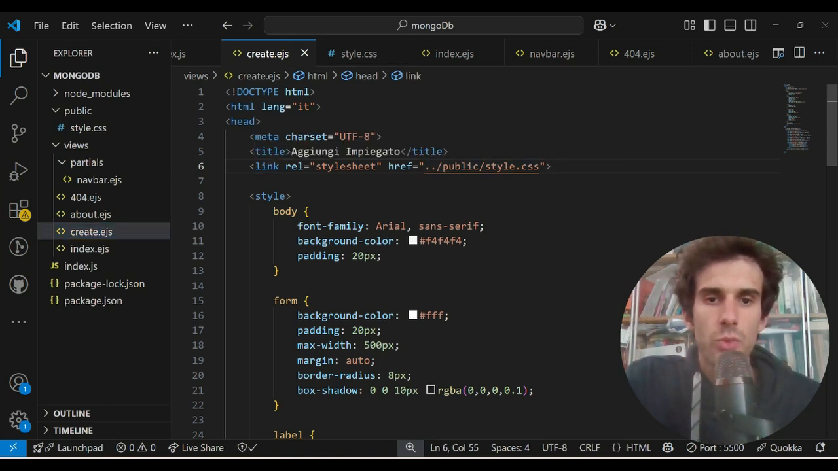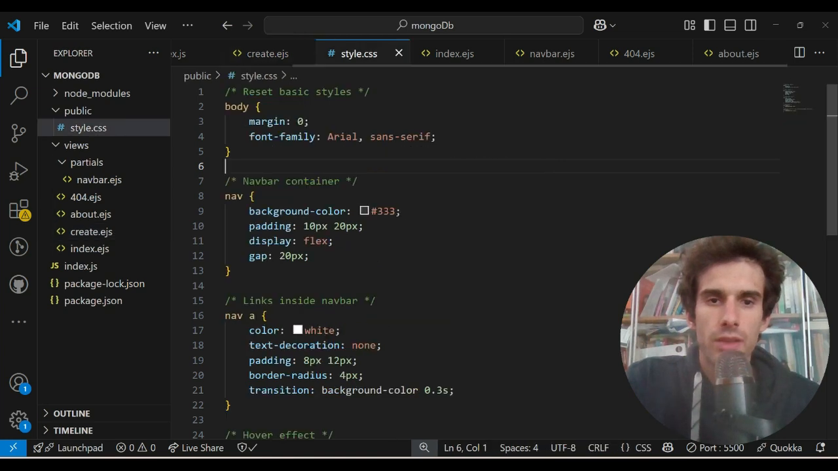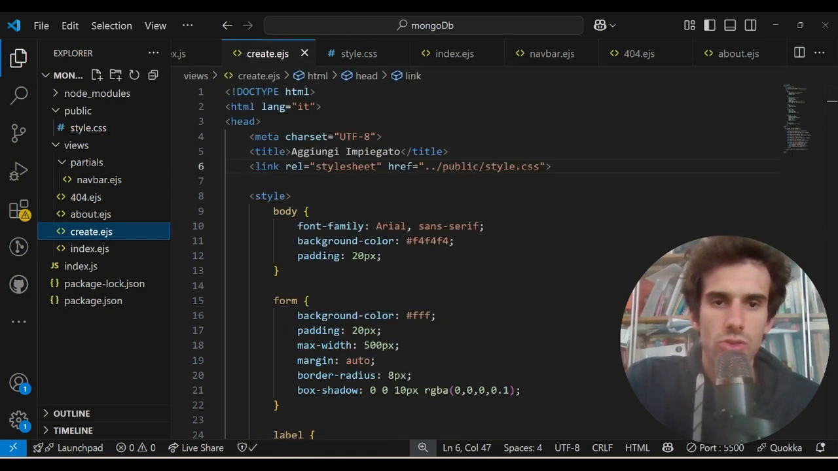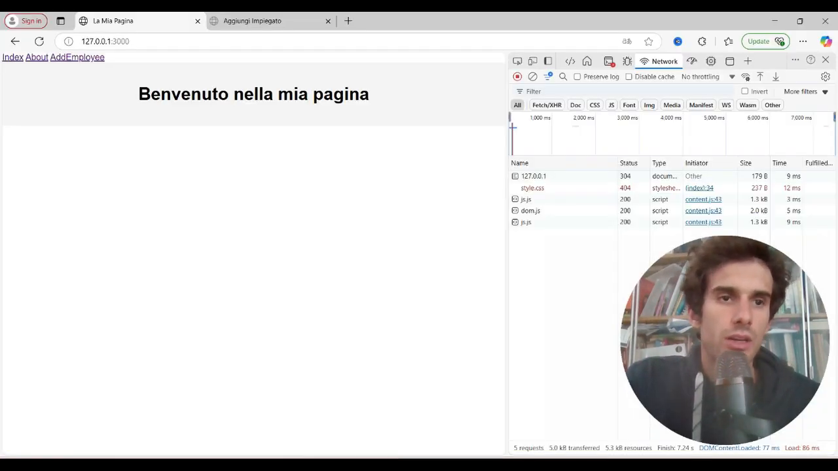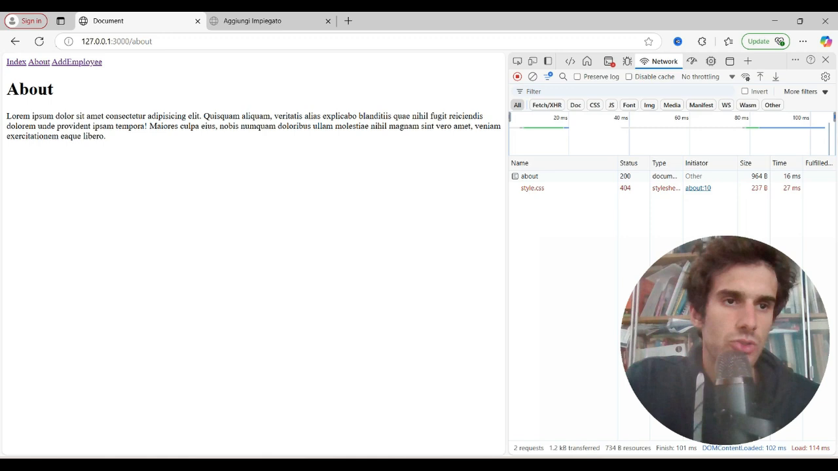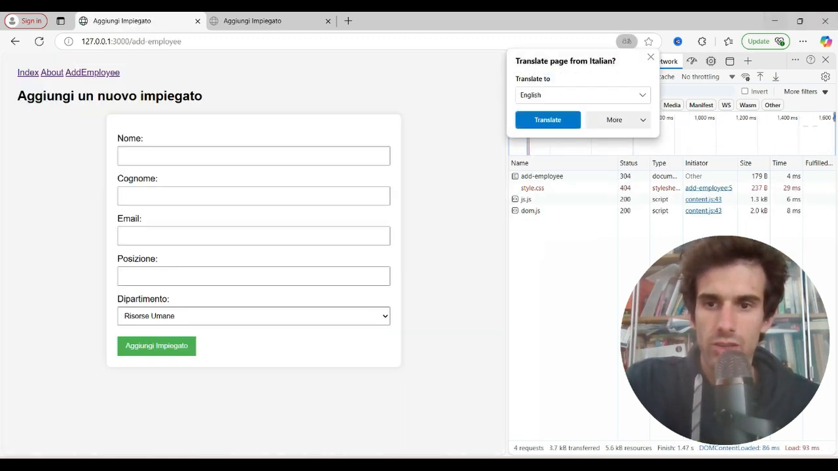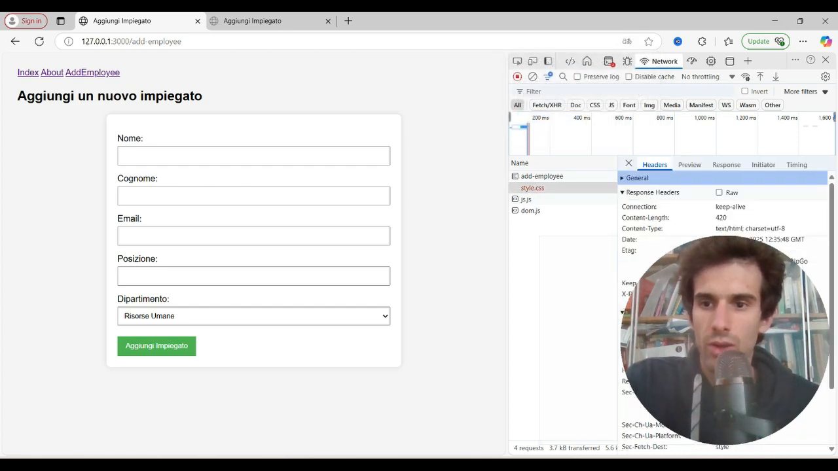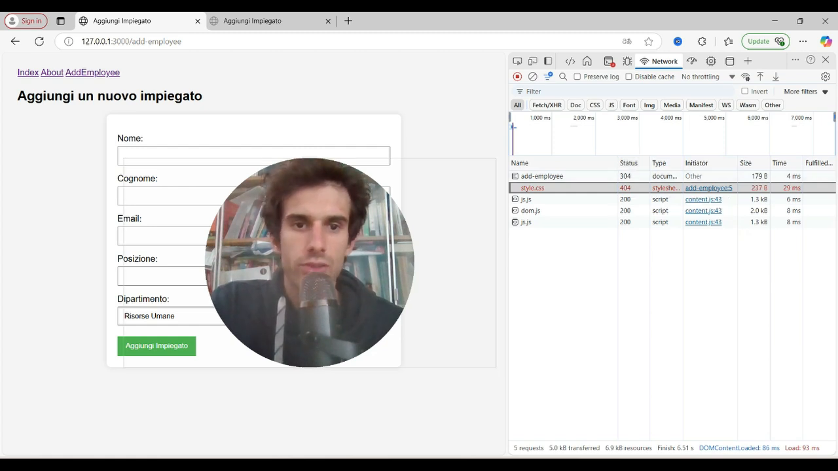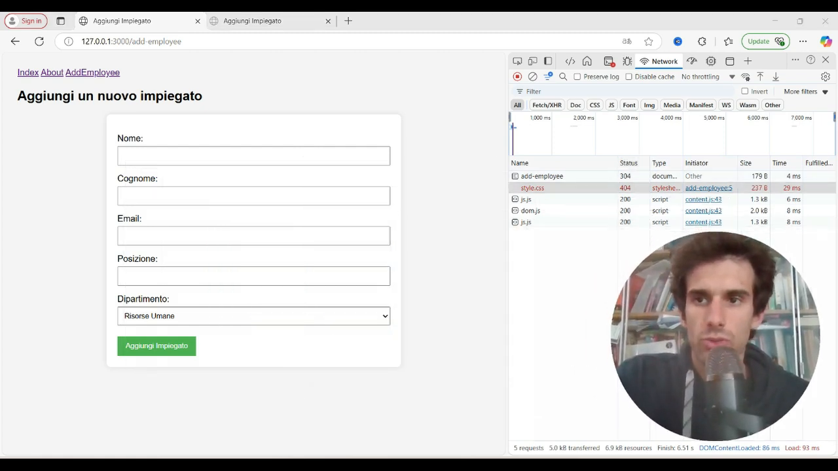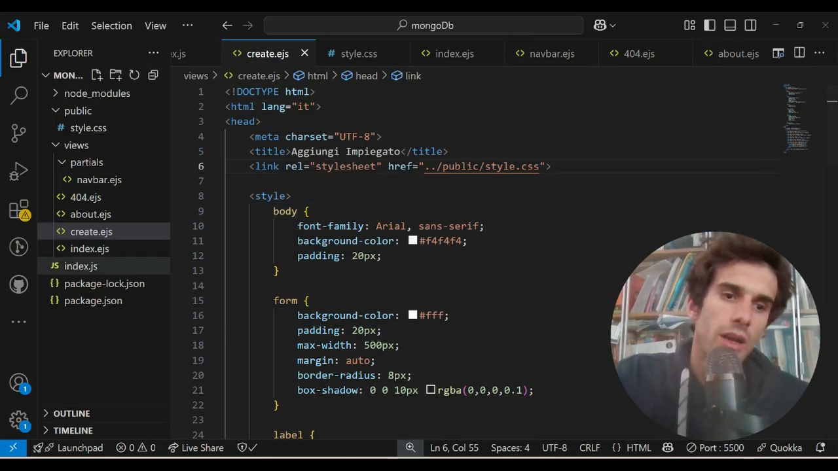Right here, if you see, I'm trying to import my style.css from public, and it's even referenced well, so the link should work theoretically, but actually it doesn't. I can go to my pages, and as you see, now I don't remember which page is that one, but definitely it is not working. In the network tab, you can see 404, style.css not found, so things are not working. The reason is that we have to route even the